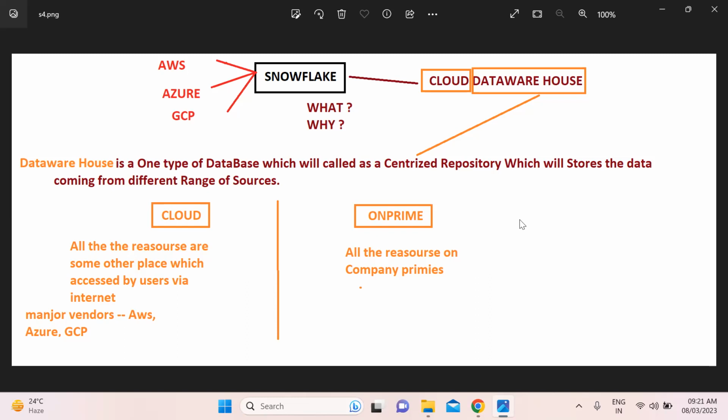The third point is, let's say you purchase 100 servers today, and unfortunately they are not sufficient for your usage. Then you need to purchase more servers. That means a limitation is there. For 100 servers, you can use only 100 servers. There is no possibility to go beyond that, and again you need to invest more money.